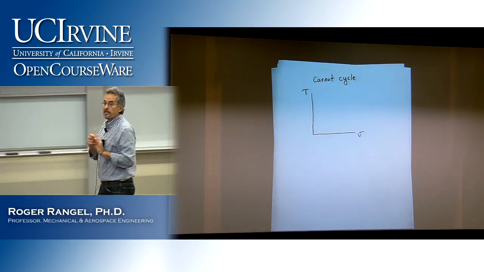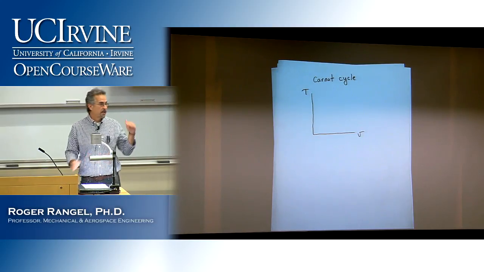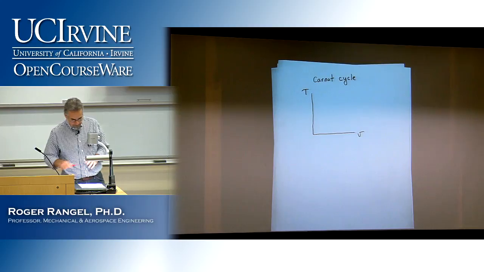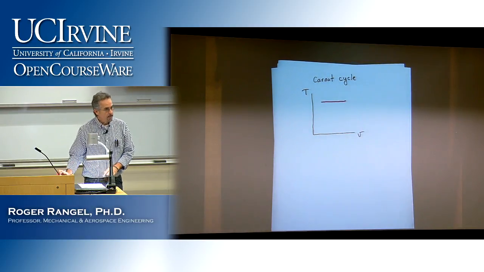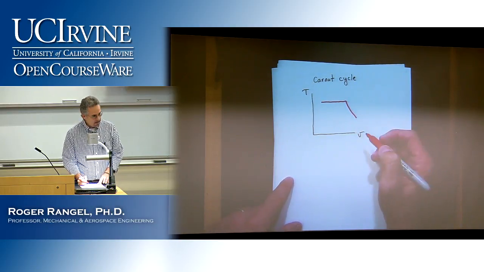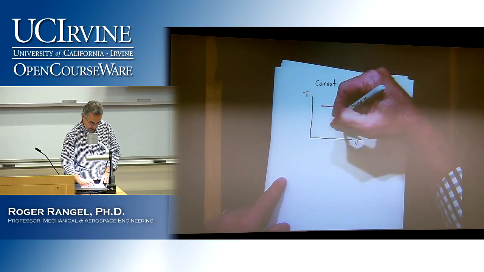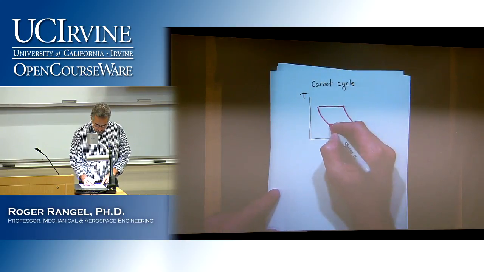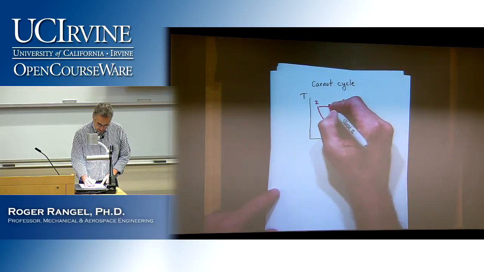Because it has 2 isothermal processes, it's convenient to put it on a TV diagram because we know 2 of the processes are going to be horizontal lines. So if I put it here, my Carnot cycle would look something like this. Here's one of the isothermal processes, and then here is one of the adiabatic processes, and then back to isothermal, and then back to adiabatic. So let's say that I start here. 1, 2, 3, 4, and I'm going